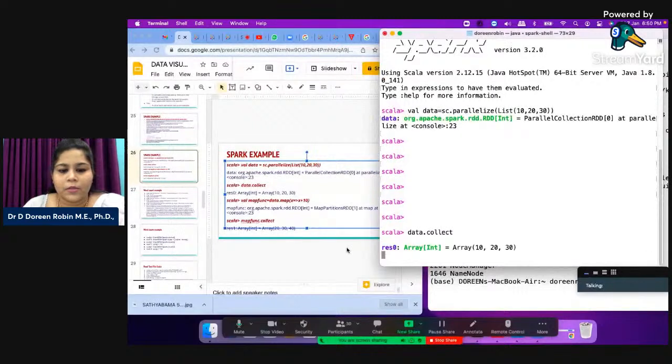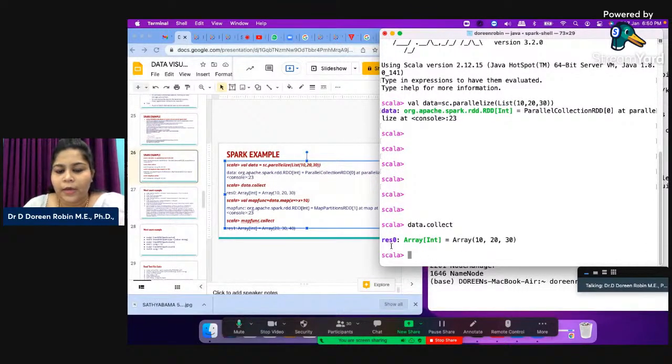That is on stage 0. Can you see here? Array of 10, 20, 30. And then I can use val map as a variable. I'm giving the map function, which is already my data that has 10, 20, and 30. I can give an array which is equal to data